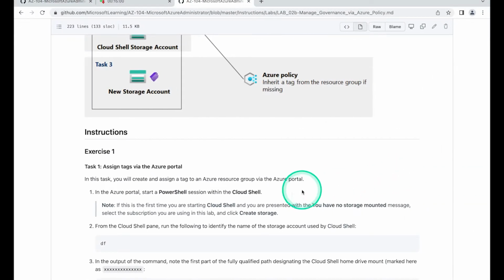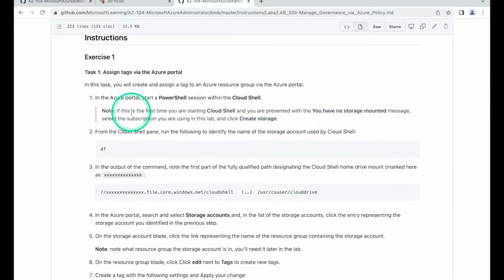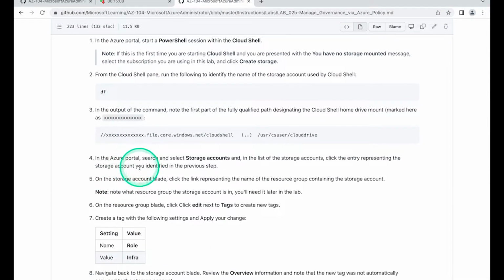If we now reference the lab, we just did steps 1, 2, and 3. Now we need to go into the Azure portal to the storage account. We need to go to the resource group representing the storage account, and we need to make sure that we add a tag to a resource group. So that's what we're going to do. So let's go back,